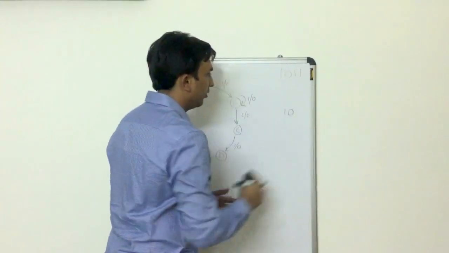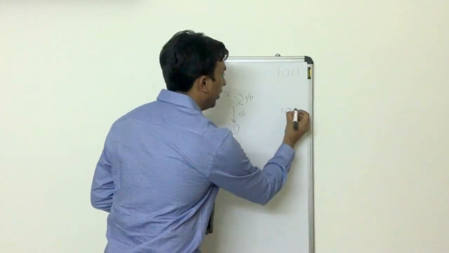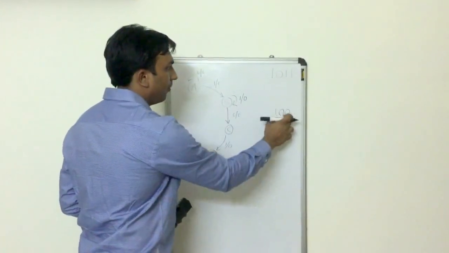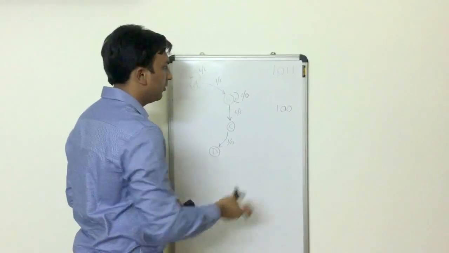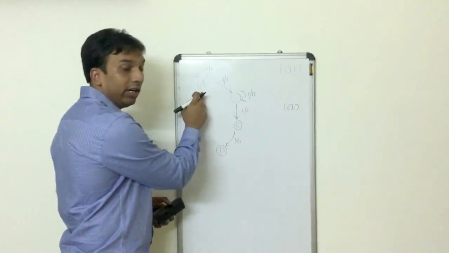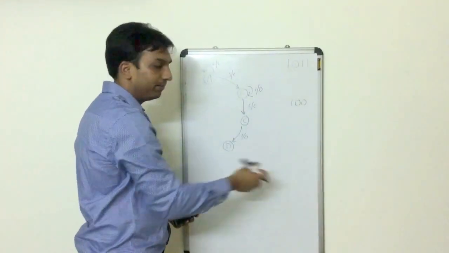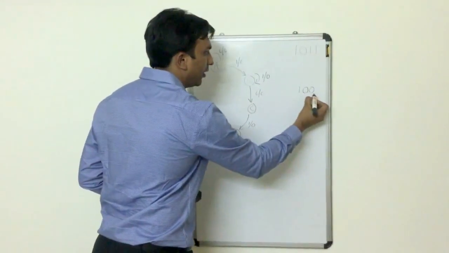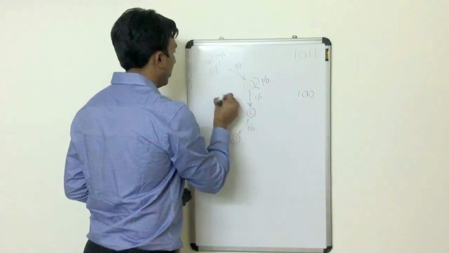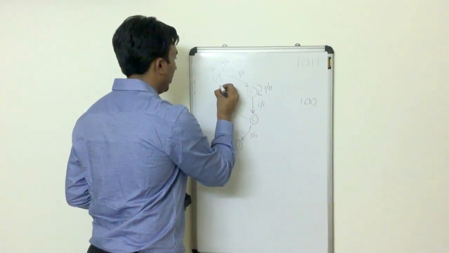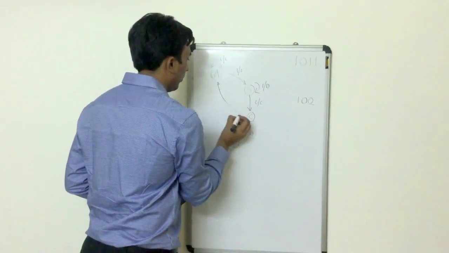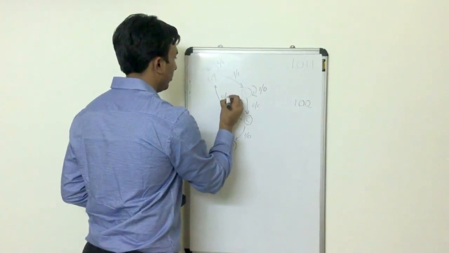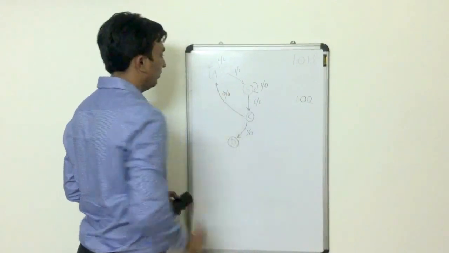What if we get a 0 on state C? Then the pattern cannot be matched. We have to move to the initial state and wait for another 1 to come. So from state C, if we have a 0 as a third bit, then we have no option but to move to state A, and our output still remains 0.